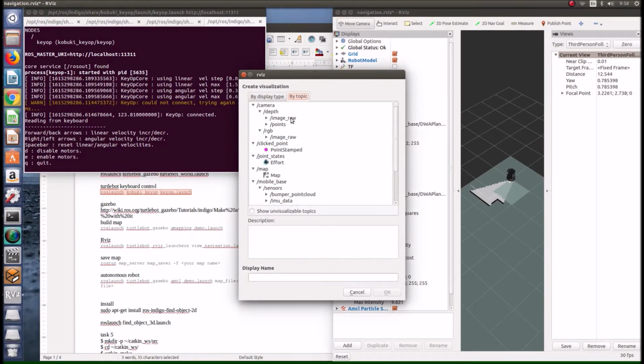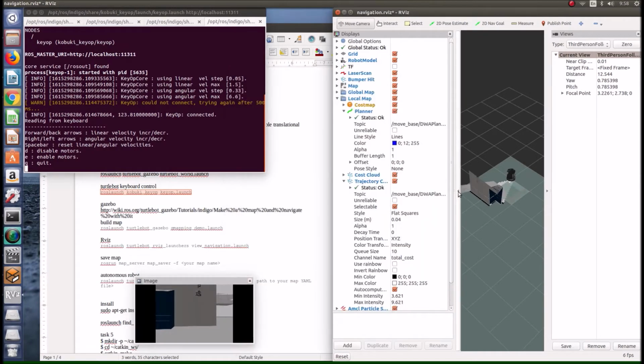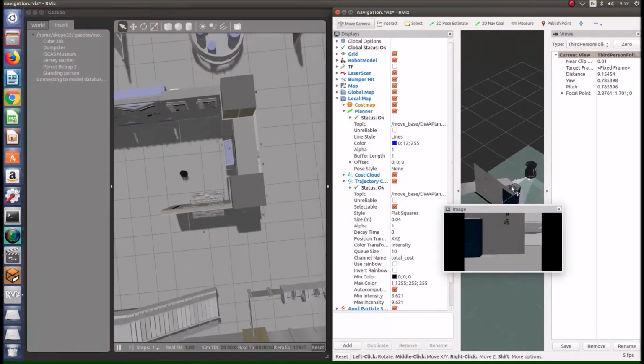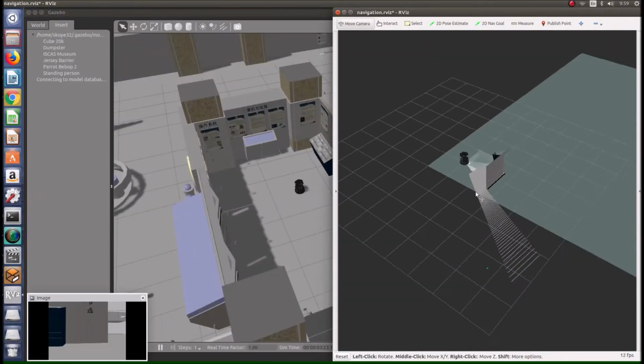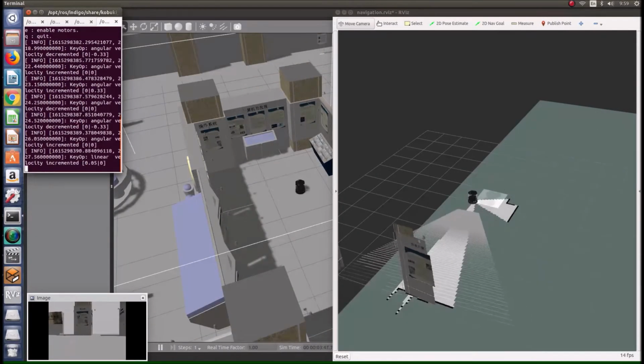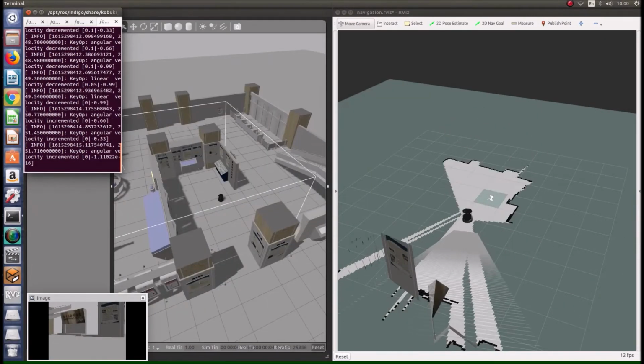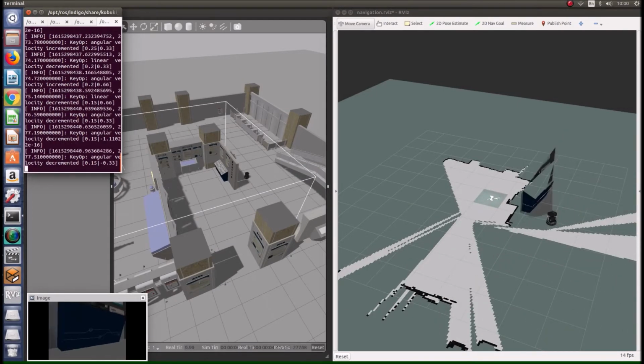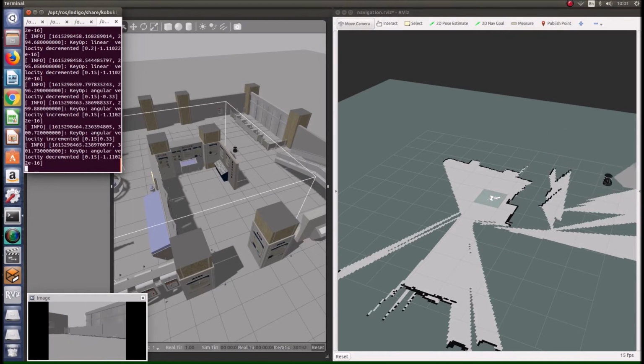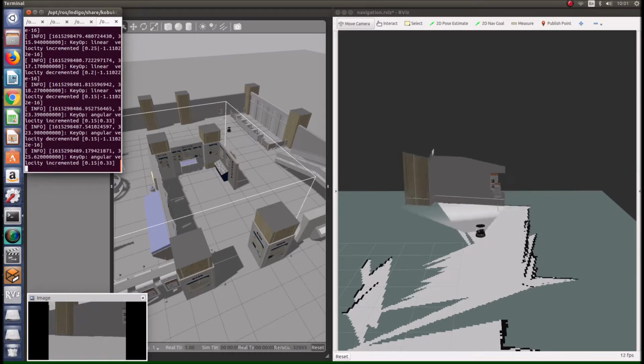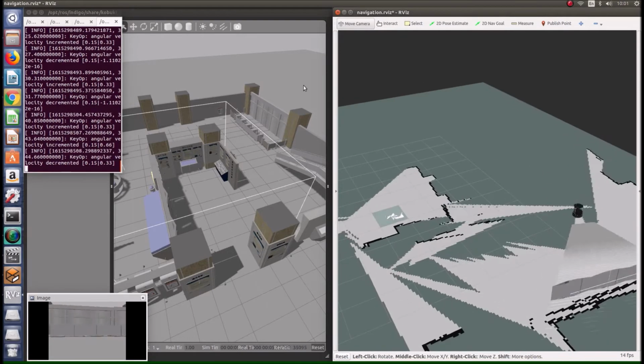After that, we use the keyboard to move the robot around the museum, and we scan the entire room so the map can be built nicely. After that, we must save the map by inserting the code in the terminal.